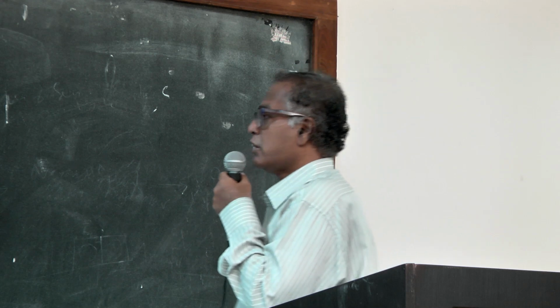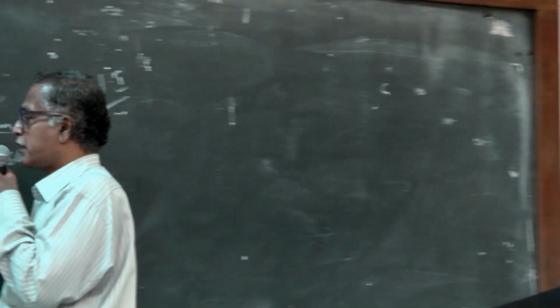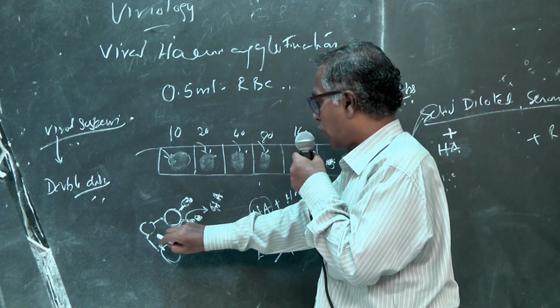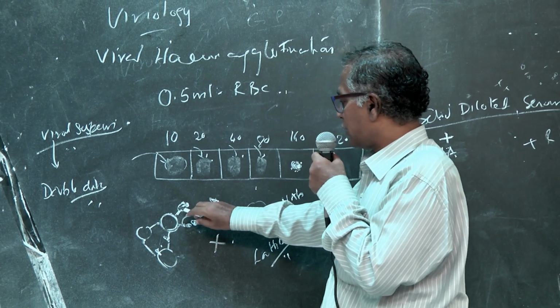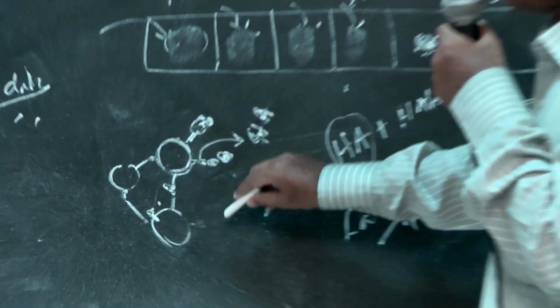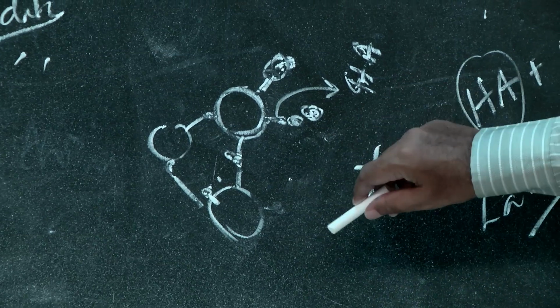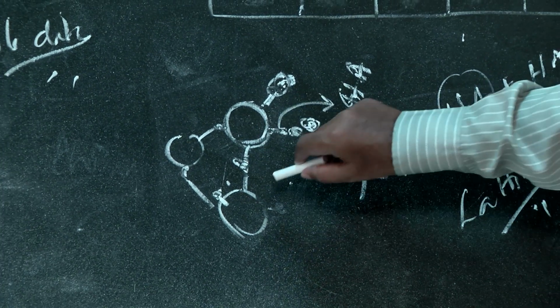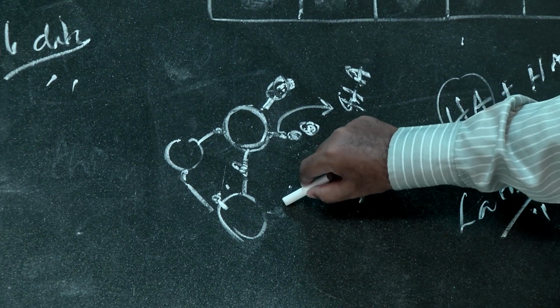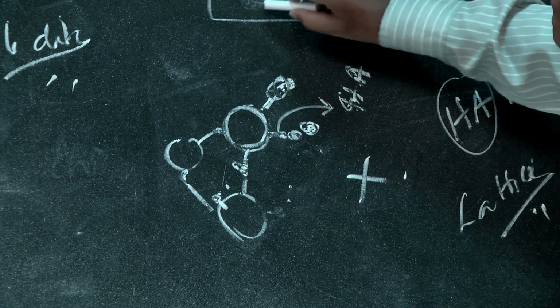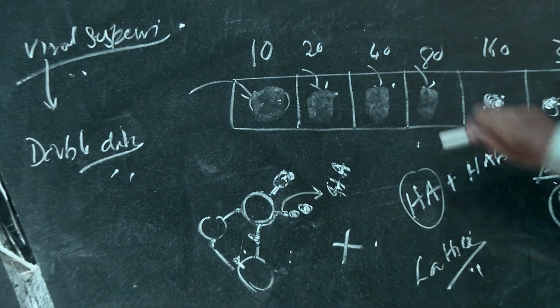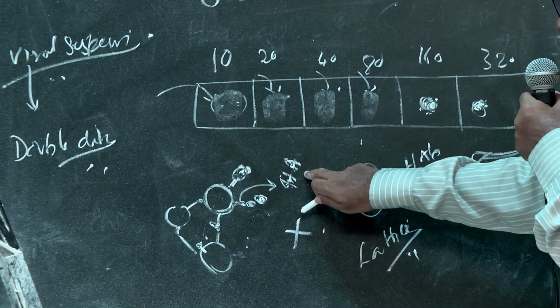So you know that in hemagglutination, the principle is the RBC mixes with the hemagglutinin, and at a zone of equivalence, it results in the formation of a lattice, which will be observed as a dark brown shield in the microtiter plate. So that is about hemagglutination.